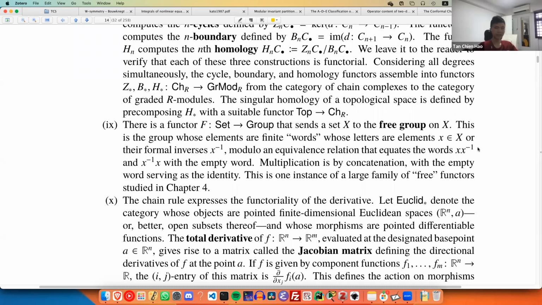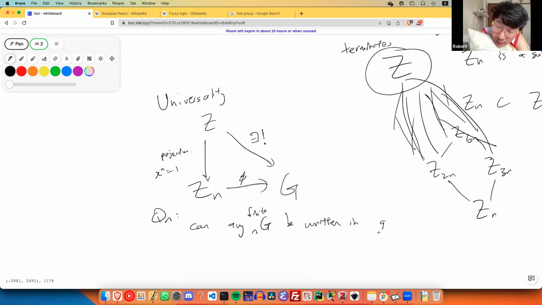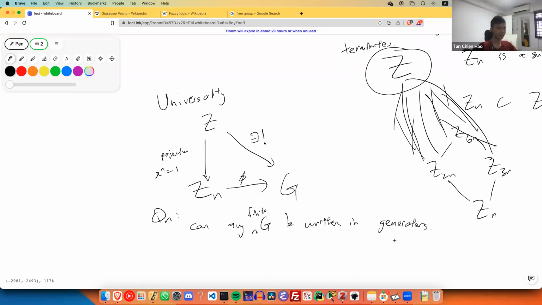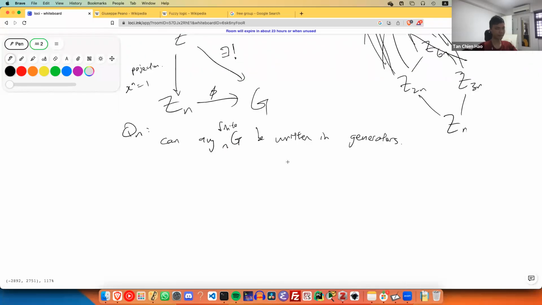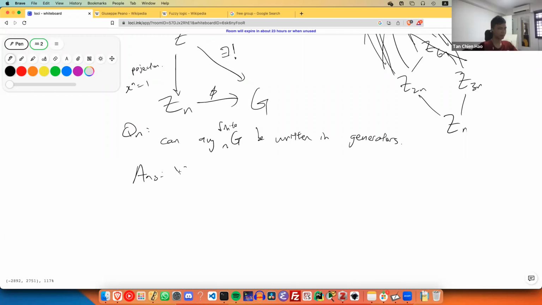In hindsight, that is the reason why generators are powerful, because of this property. Maybe we can ask a question: can any finite group G be written in generator form, as group representations? Can group G be represented by some generators? That's an interesting question, and the answer is yes, because